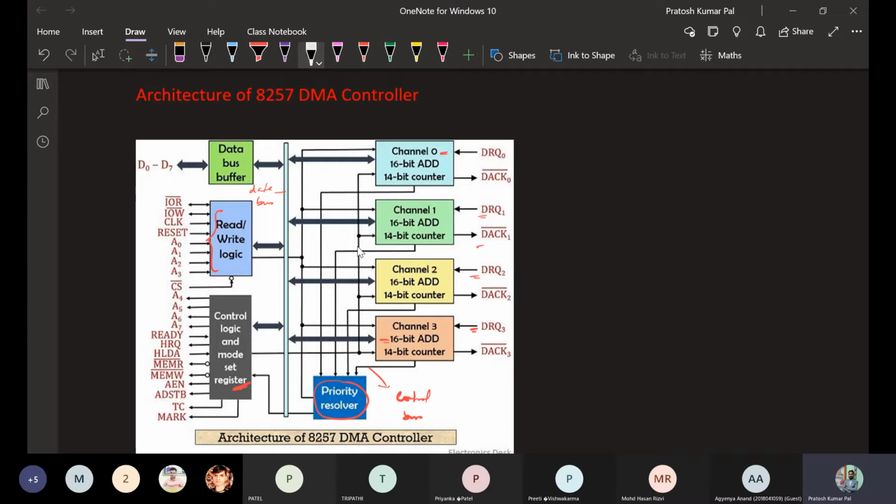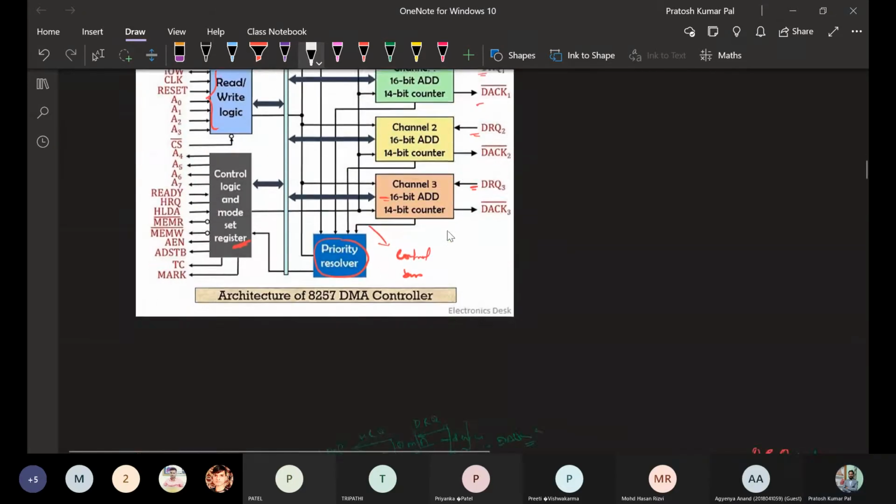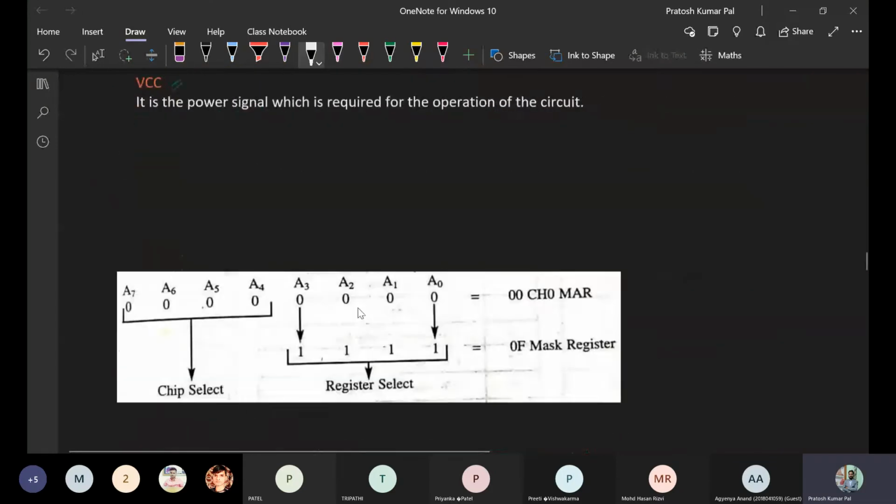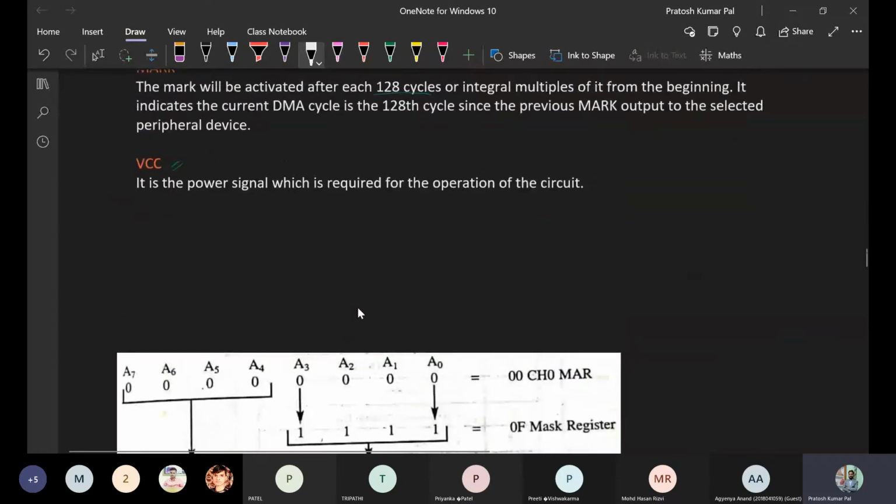Different channels are used to connect a particular peripheral device so that it can communicate through these channels and connect with the memory of 8085 or microprocessor basically. So all these we have seen. Next we will see how the working of this 8257 is going to take place.